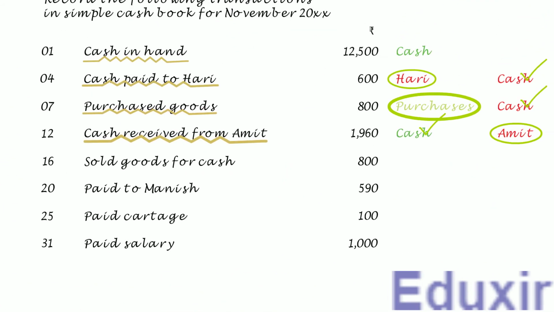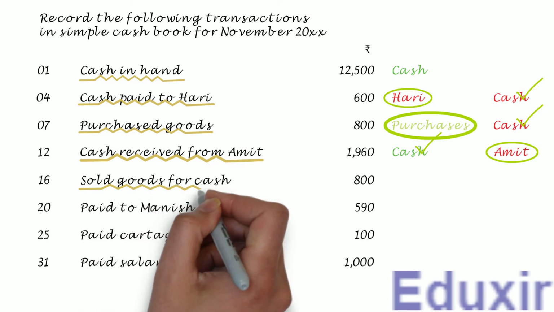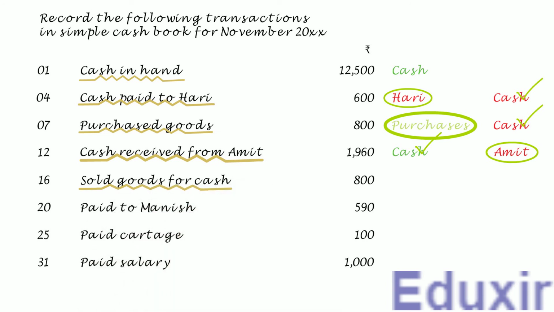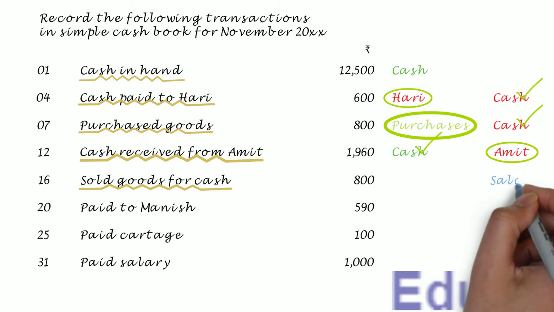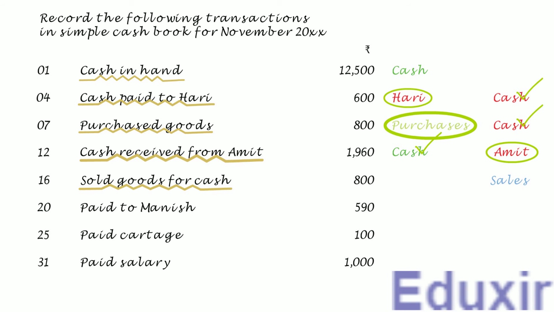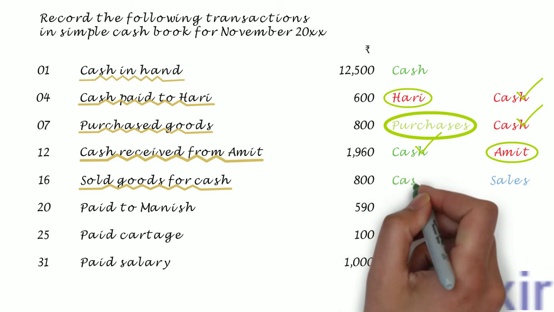In this transaction, the business has sold goods worth 800 rupees for cash. As you know, sales generate revenue for the business. In other words, the revenue of the business is increasing in this case. The rule to record any revenue generated is to credit the corresponding revenues account. In this case, the sales account should be credited. At the same time, as the business is selling the goods for cash, the cash asset of the business will be increasing. The rule to record an increase in the asset is to debit the corresponding assets account. In this case, the cash account should be debited.